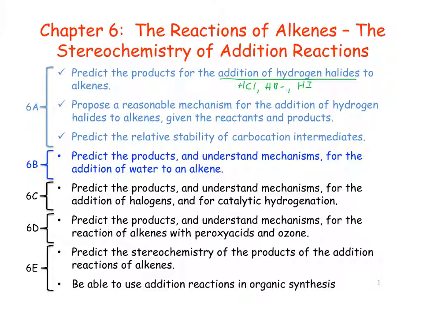And we found out that these reactions all proceed through the same pathway, involving protonation of an alkene to form a carbocation, and that carbocation reacts with a halide. We've learned about their mechanisms, how to predict their products, and the stabilities of their